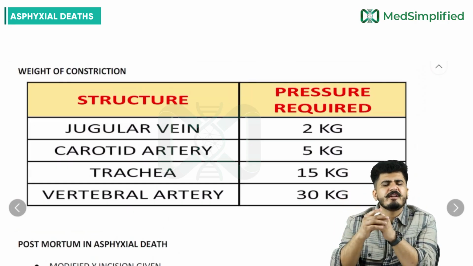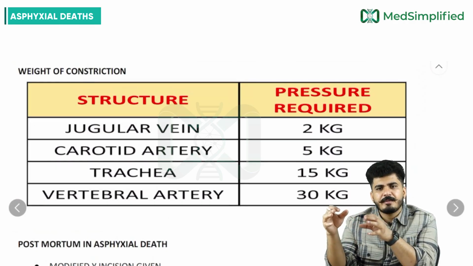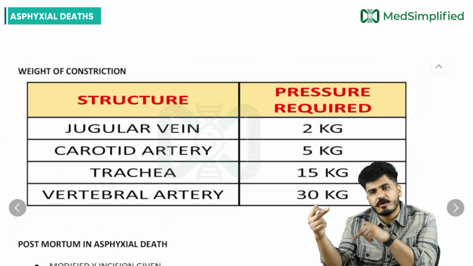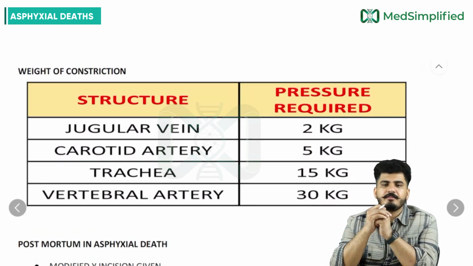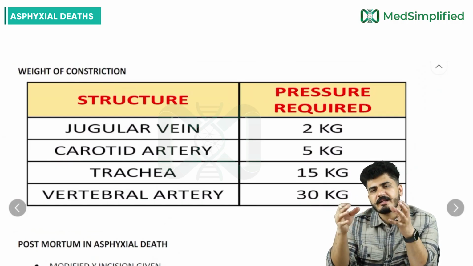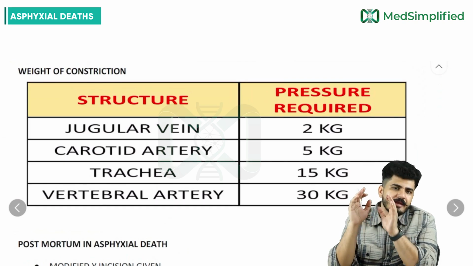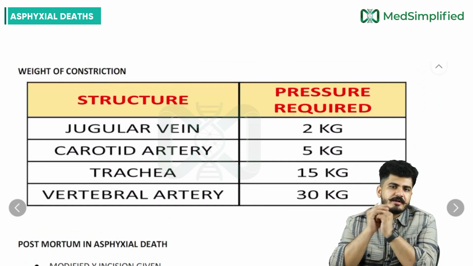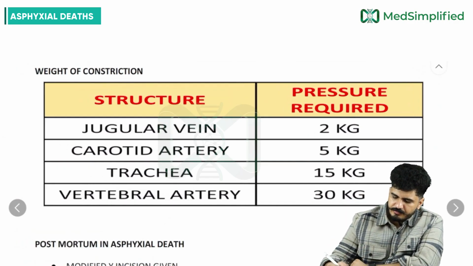How much is the weight of the head? 10 to 15 kg depending on the person. So death will be happening because of the weight of the head, and the head will constrict which organs? So jugular vein, carotid artery can be easily compressed with the help of head weight, and that will be the cause of death in case of the partial hanging. That is why remembering all these weights is important for your chapter. Now, the mnemonic right here to remember would be like this,